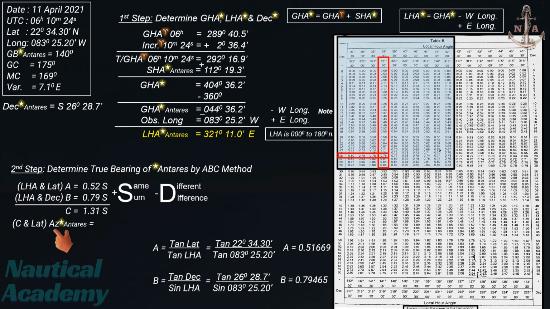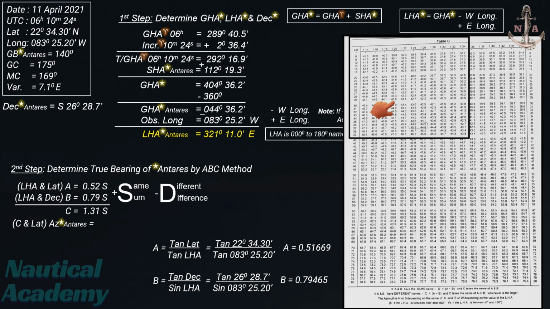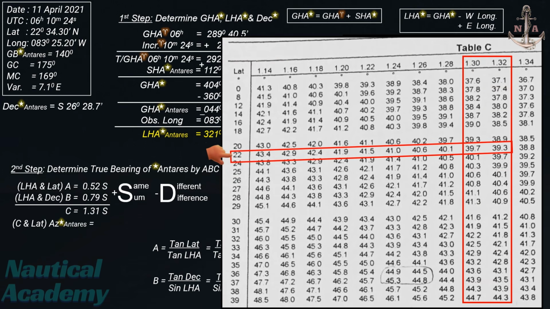Now, to determine the azimuth of the star Antares, we use Table C, tabulating with the value of C and the latitude. Let's take a closer look at this section of the table as it contains the values we need. At the top of the table, locate the value of C, or the nearest value, and then select the nearest latitude, which is 22 degrees. In this case, the value of C is 1.31,